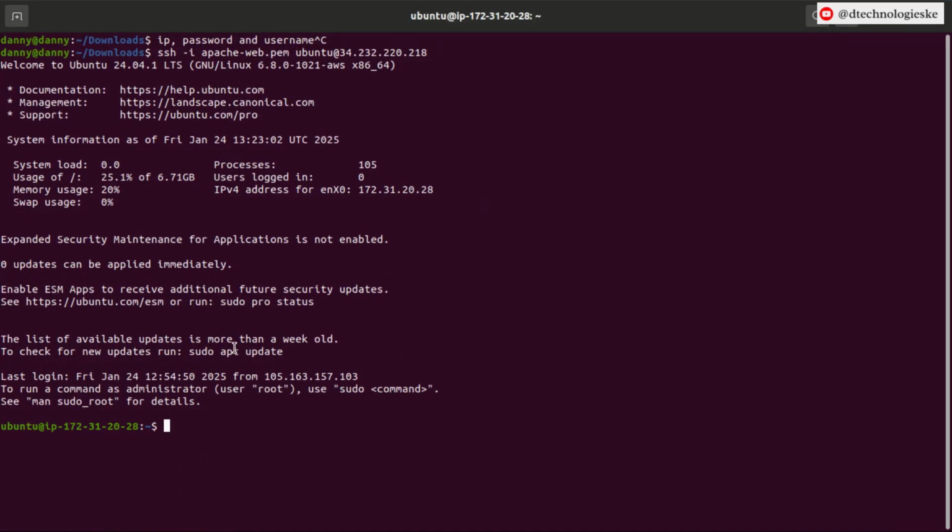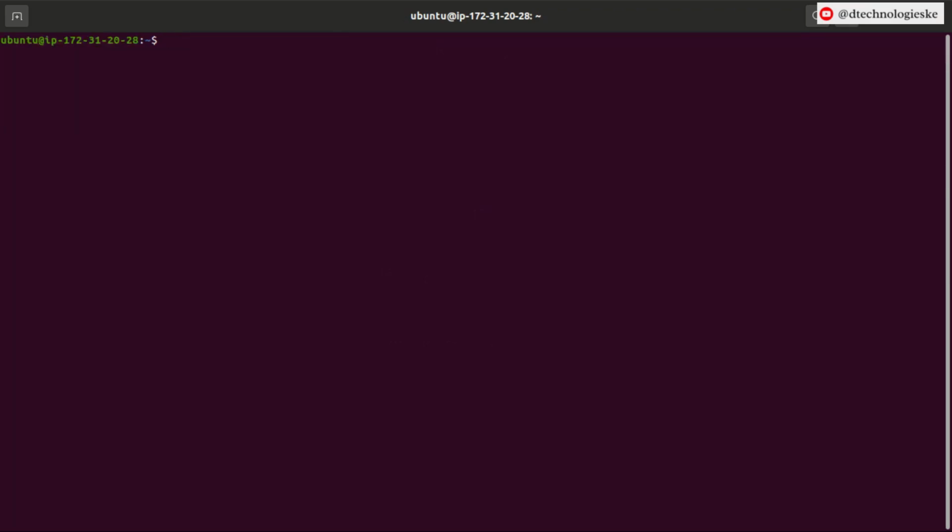All right, so in here, I'm already logged into my server. So the first thing will be to install Apache. And before installing Apache, we always need to update the package repository. There are times you may try to install a certain application or software, but because the package repository is not up to date, you get an error stating that probably whatever package you want to install is not found. So the first thing we do is this,